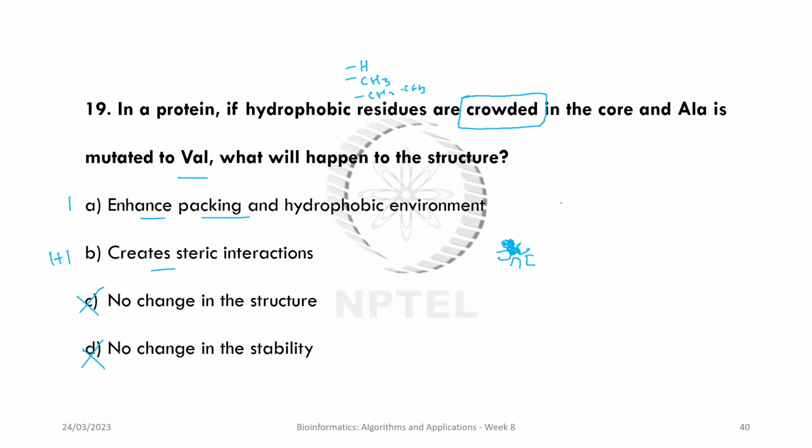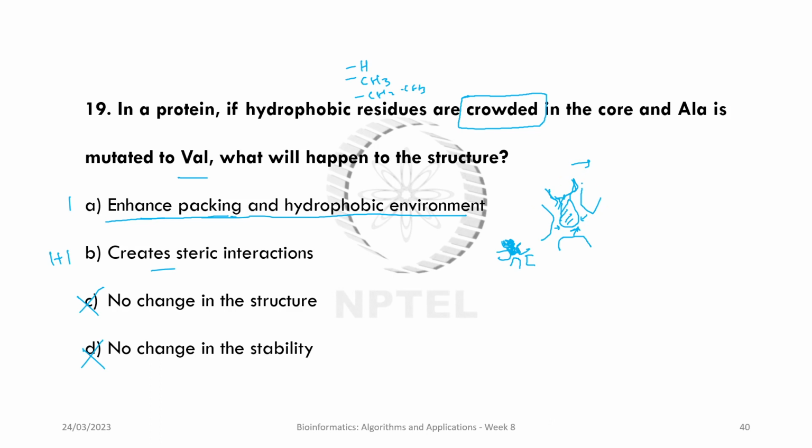If it is a little looser, in case you have a little more space, and if alanine had been replaced with valine, then maybe it would have interacted more with other residues and packed better. And option A might have been right, enhanced packing in hydrophobic environment, because you have increased the chain length or aliphatic